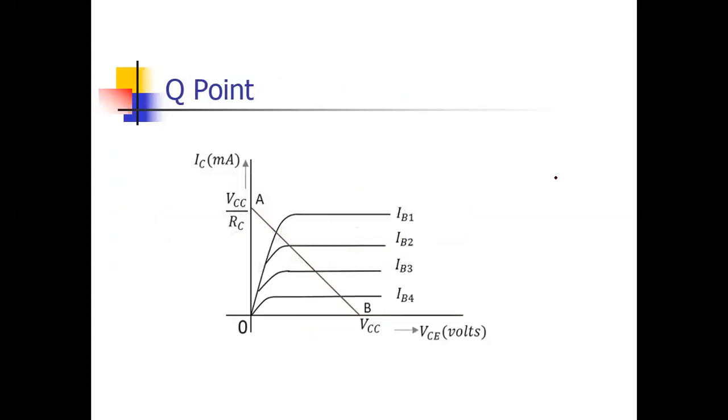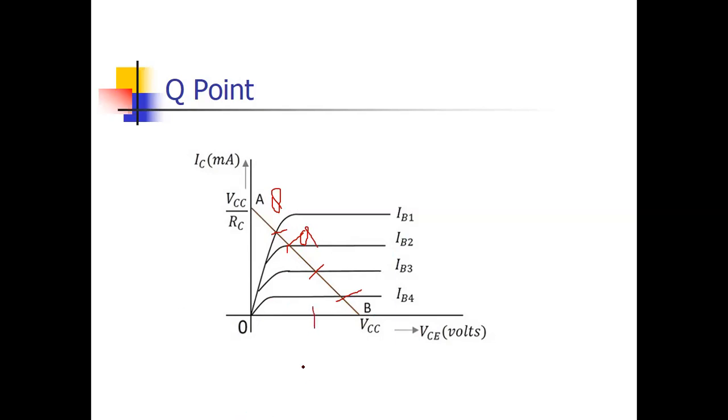As I have already explained in my previous lecture, for the Q point we first have to draw the output characteristics of the transistor. For this example, we have taken a common emitter amplifier. So these are the output characteristics, and this is the load line. The intersection points of the output characteristics with the load line are Q points. So these all are Q points. Q point here, Q point here. And I have already explained in the last lecture how to select the Q point.